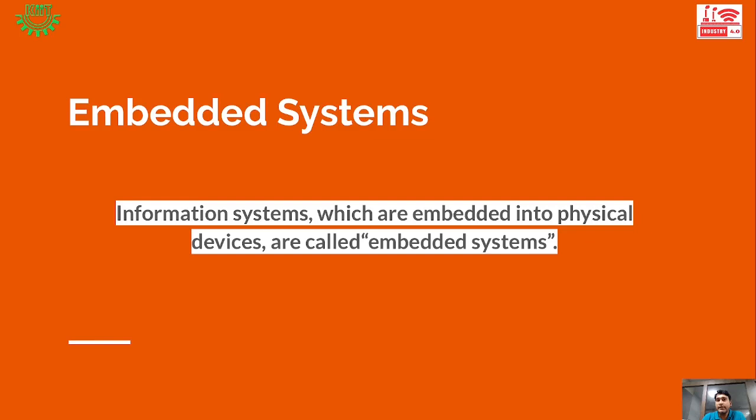So as written here, information systems which are embedded into physical devices are called embedded systems. These embedded systems are found in telecommunication, automation and transport systems, among many others. So lately a new term has surfaced, the cyber physical systems. This actually distinguishes between the microprocessor based embedded systems and more complex information processing systems that actually integrate with the